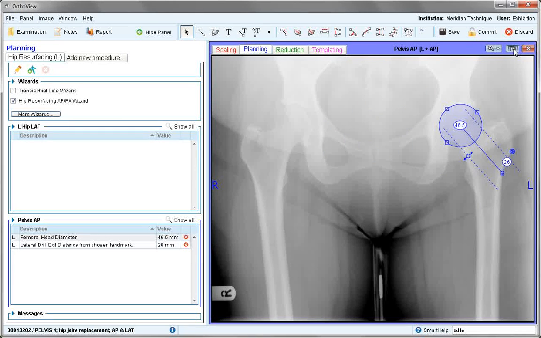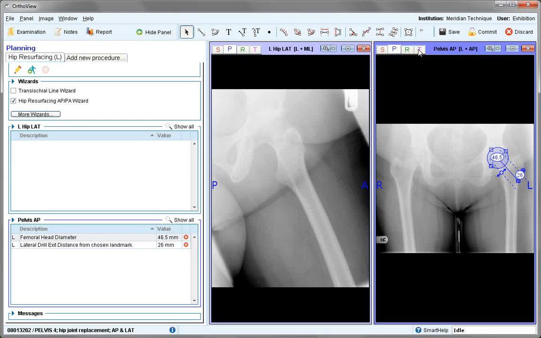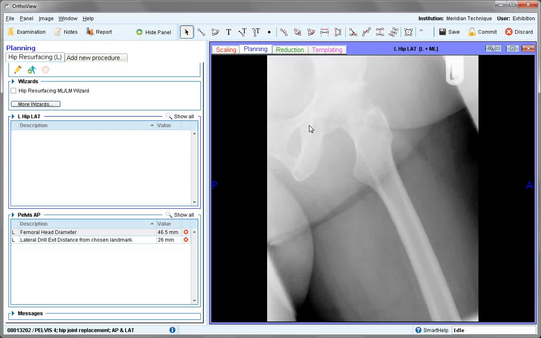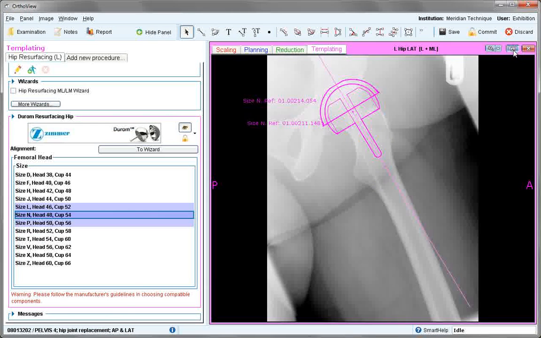Reduce the magnification and minimize the AP image and move to the lateral image. Expanding this image allows us to see the lateral wizard, which doesn't size but just positions the prosthesis. The circular mark with the dotted line goes at the top of the femoral head, and the central line goes through the central part of the femoral neck, again using the dotted guidelines to establish the center of the femoral neck. Send both of these to templating